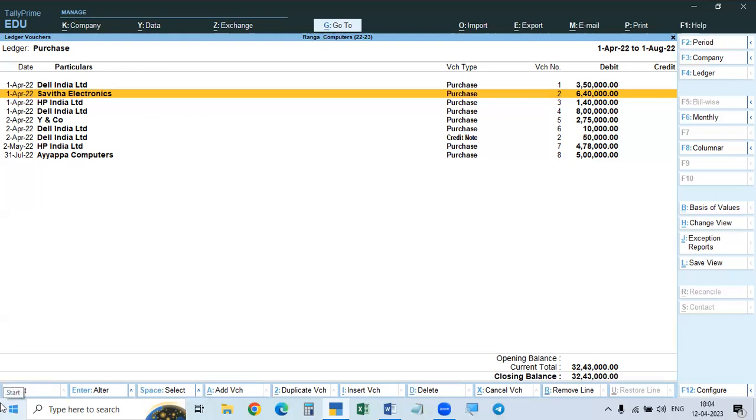If you return the goods, what will we do? When we purchase, his account is credited. When you return the goods, his account is to be debited, because his account is to be reduced, isn't it? That means his account is to be debited. When you purchased, his account is credited; when you return the goods, his account is to be debited. So to debit his account,